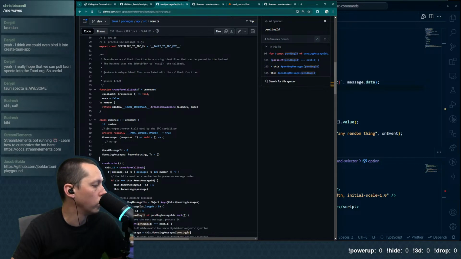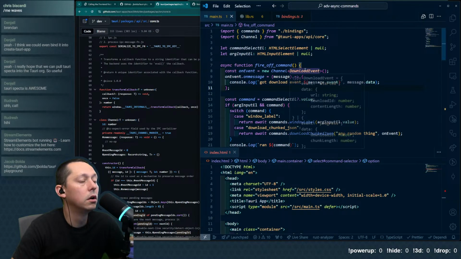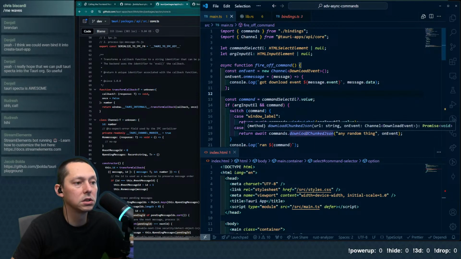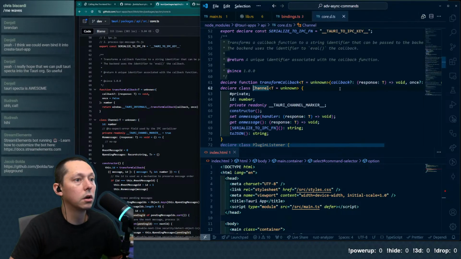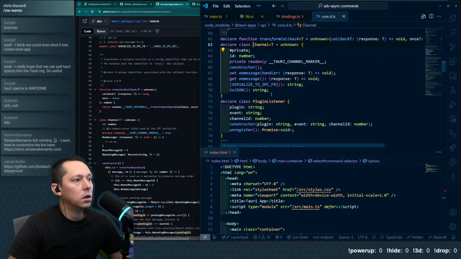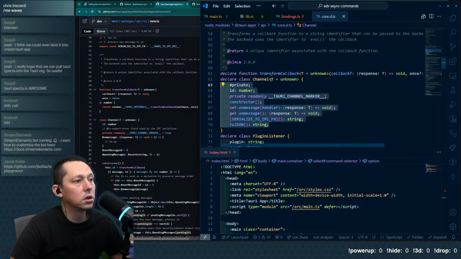And what is enforcing that? I guess in this case it's technically Specta enforcing it here. So we would be able to look at what our Tauri channel looks like. As long as it has the same type signature, it would technically work.